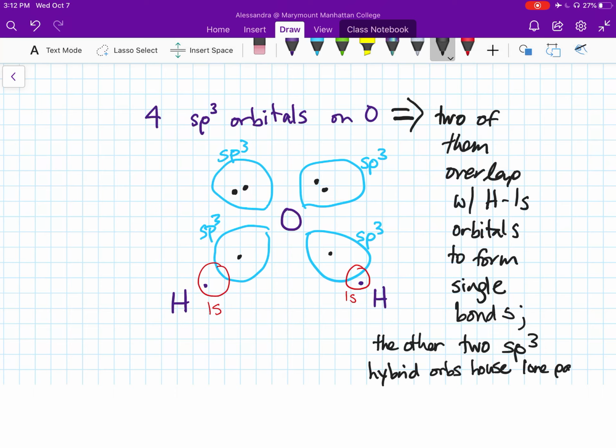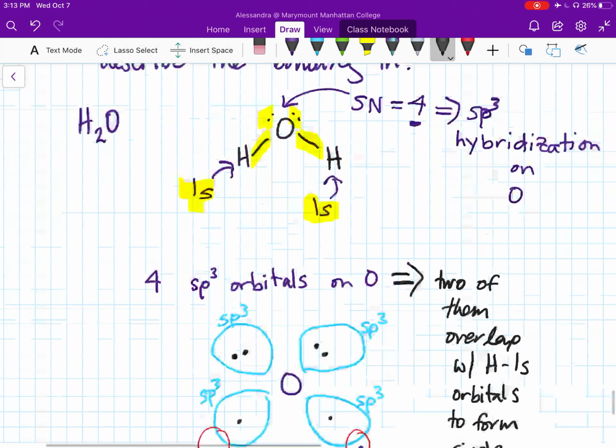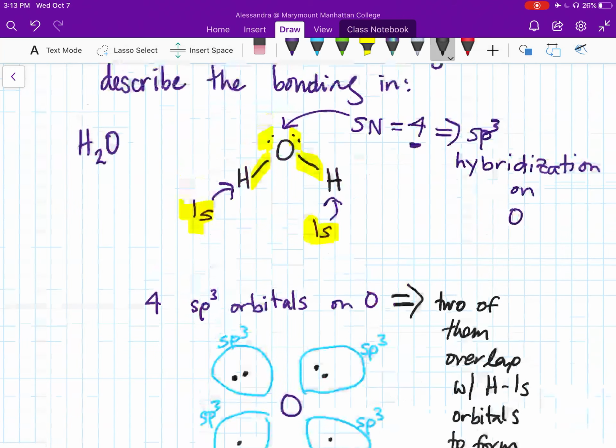You'll notice that the substituent number of 4 also gives the molecular geometry of the water molecule, right? It tells us that it's going to be a bent molecule with bond angles less than 109.5. So this is going to be what the water molecule